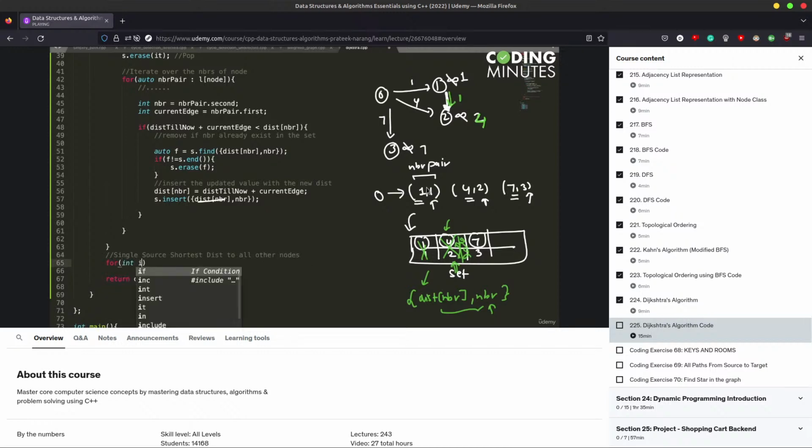So maybe I can say for int i = 0, i < v, i++. I can say cout node is i,